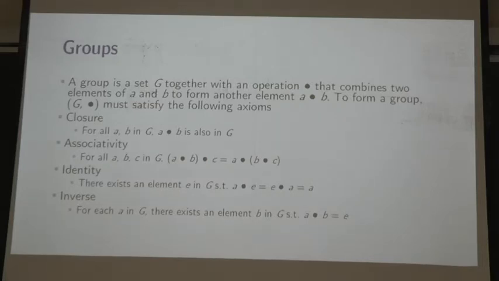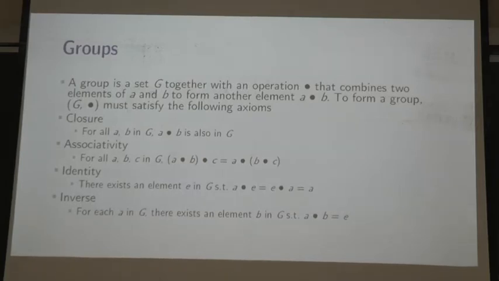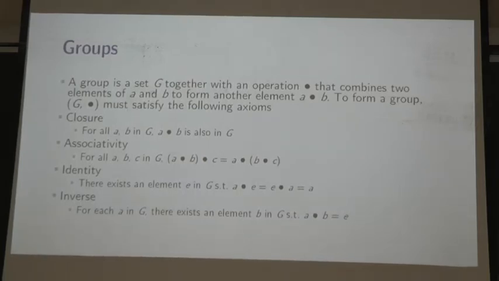So the set of positive integers, addition would not form a group over the set of positive integers only, because the other element will not exist to make it identity. But addition would be a group over the set of odd integers. Okay. Alright? This is just the definition of group, and this leads to a whole branch of mathematics called group theory.